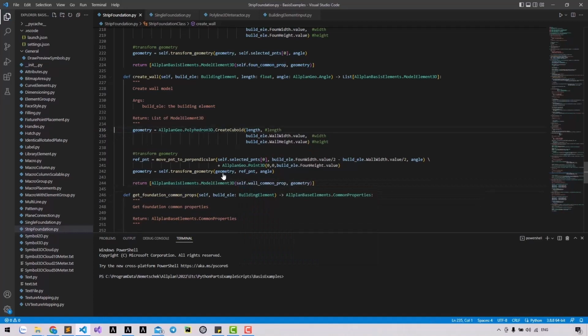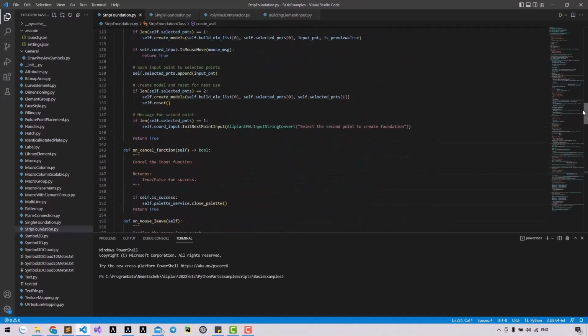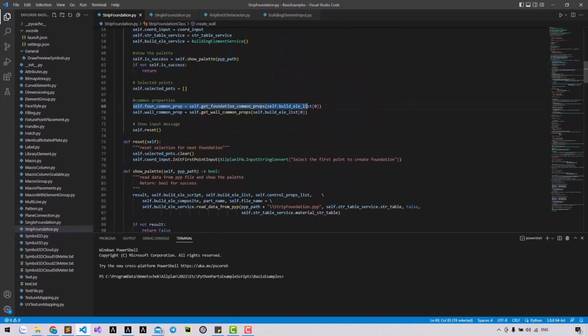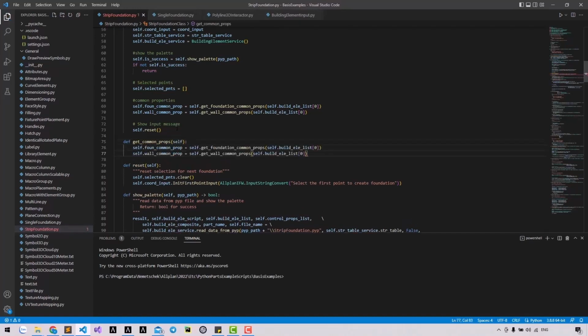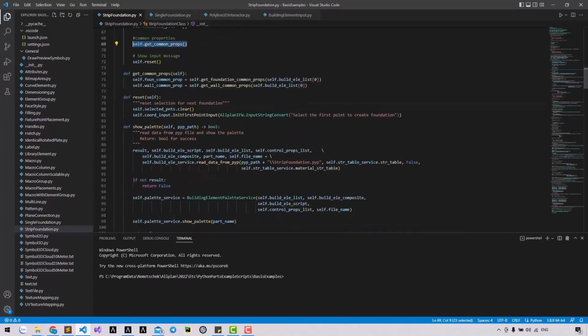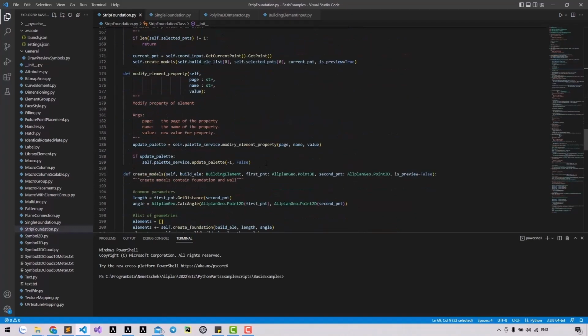However, you must call it whenever users modify value in the palette. So maybe we put it in one method. Then call it in the init method. And in the modify element property,